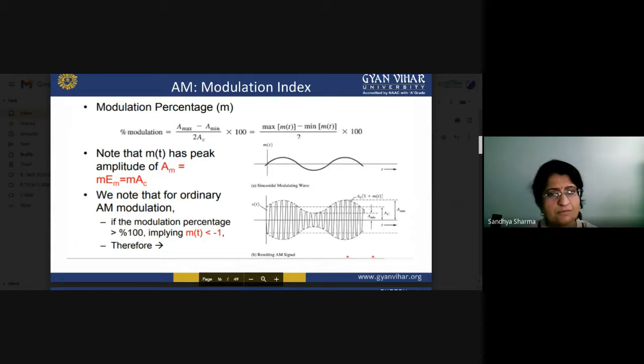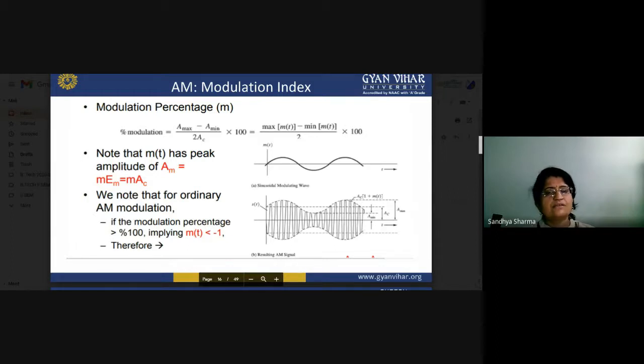Now we will discuss the modulation index. So what is the modulation index? Modulation index is equal to Am by Ac. But there is a slight variation. If we have to know the maximum value and minimum value of our signals, how can we calculate the modulation index? In this diagram, we can see the maximum value of the modulating signal, that is A max and A min. Okay. So now how can you calculate your modulation index in terms of Am?